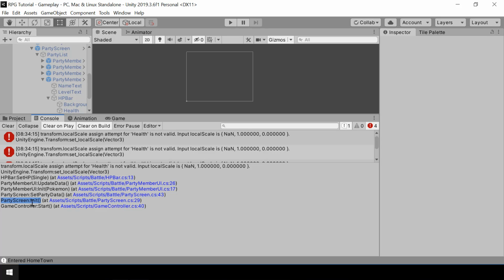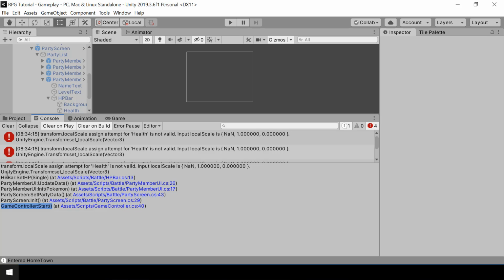So we know that the error is happening when we try to initialize the party screen. And PartyScreen.Init is actually called from GameController.Start. So this is how you read a stack trace. It's really useful to understand what is actually causing the error.